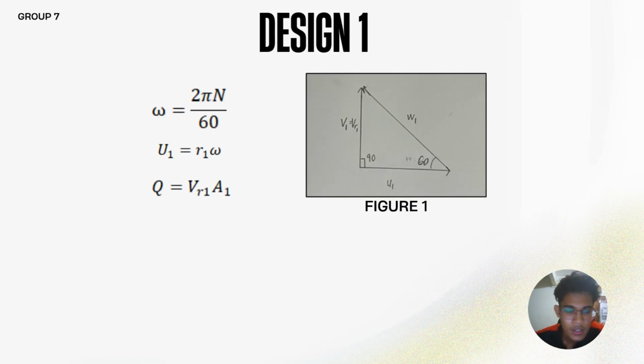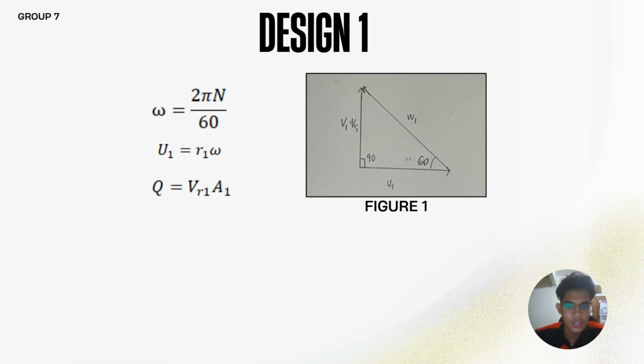And for design one, for analysis, we can see that velocity is shown in figure one. We know that the absolute flow angle gives 90 degrees. So VR1 is 90 degrees to U1,